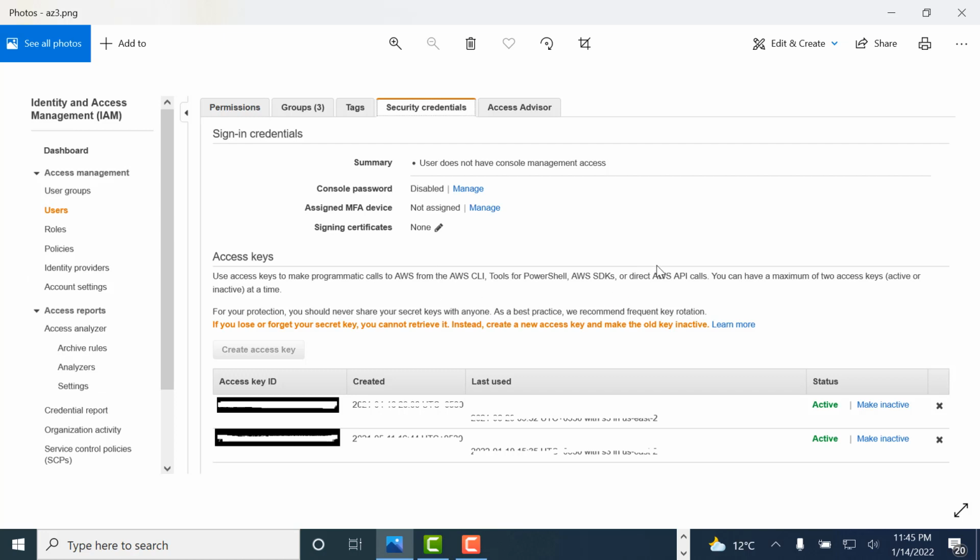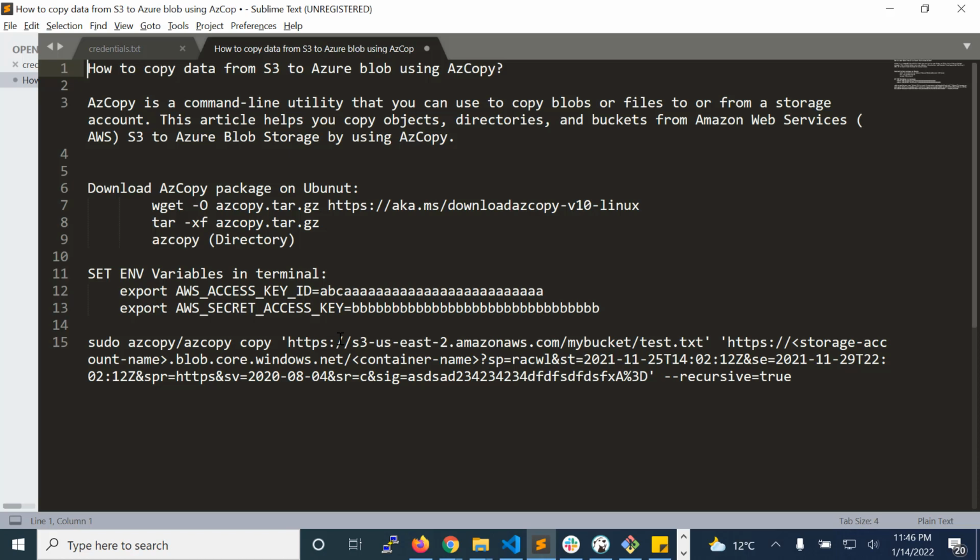Clicking on that user, click on the security credentials tab, and here you will need to generate a new access key, or if you already have one, just use that. You will get an access key ID and a secret key when you create this credential. So now we have access to AWS and the storage account in Azure.